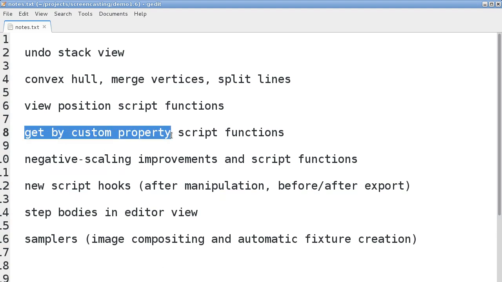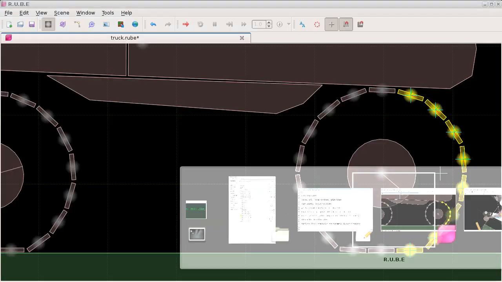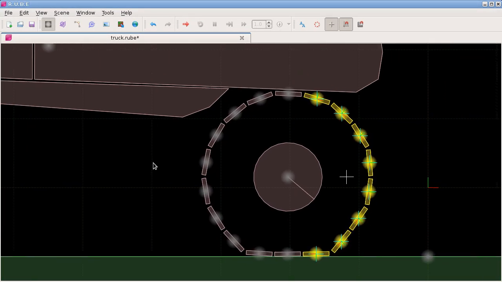Did I just skip over that? I think I skipped over this, didn't I? Alright, yeah I did. Basically what this lets us do, I'll just skip back to that for a second. What this lets us do is,